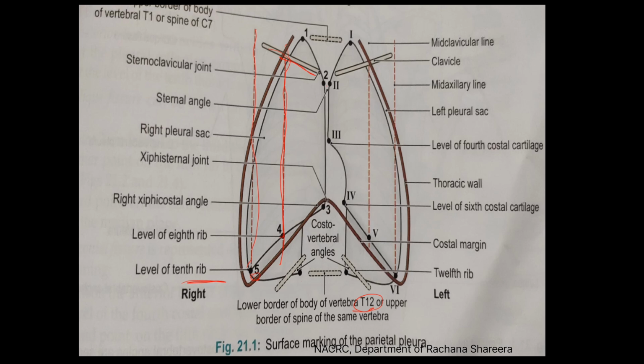Let's discuss the left lung. In the left lung, we see a cardiac notch, and there are different variations of the points. See in the diagram: first, second, third, fourth. The fifth point is at the mid-clavicular line at the level of the 8th rib, then the 6th, and then the level of the 10th rib. The variation is where the cardiac notch is found in the left lung, part of the lingula.